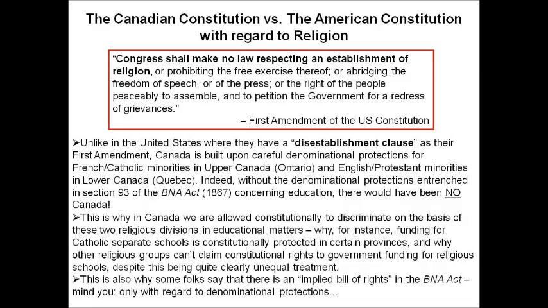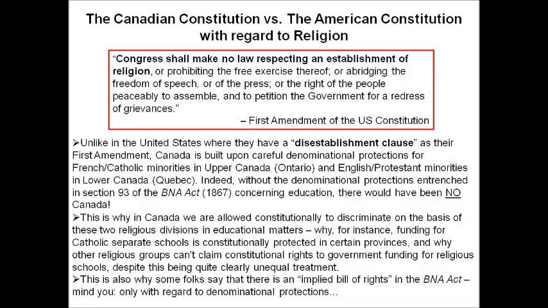Indeed, without the denominational protections entrenched in Section 93 of the BNA Act, 1867, concerning education, there would have been no Canada. So this is why in Canada we're allowed constitutionally to discriminate on the basis of these two religions, or these religious divisions, in educational matters. Why, for instance, funding for Catholic separate schools is constitutionally protected in certain provinces, and I say certain provinces, and why other religious groups can't claim constitutional rights to government funding for religious schools, despite this being quite clearly unequal